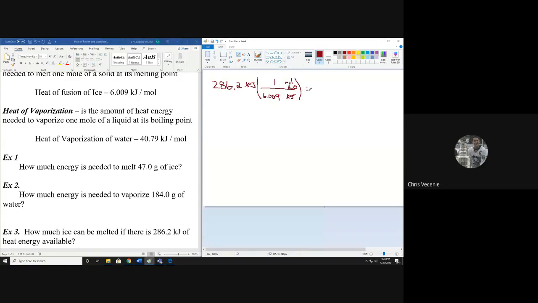I'll take my 286.2 divided by 6.009. And this is saying I'd have the ability to melt 47.63 moles of ice. And you're going to say, wow, that sounds like a lot. Like 47 moles, that sounds like a pretty big number. So let's take a look to see what that 47 is really worth. So if we convert the 47.63 moles of the ice into grams,